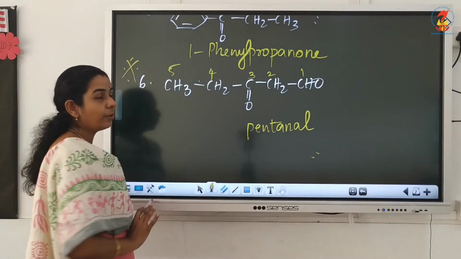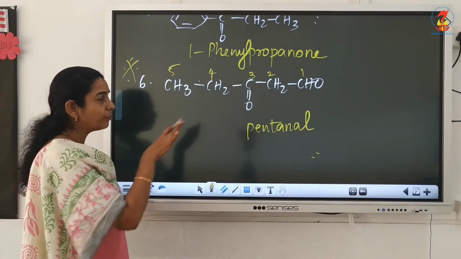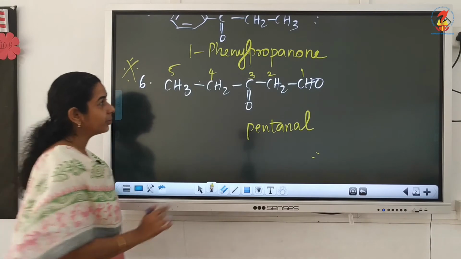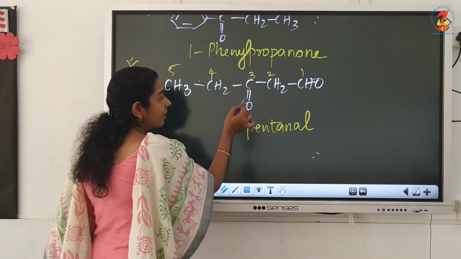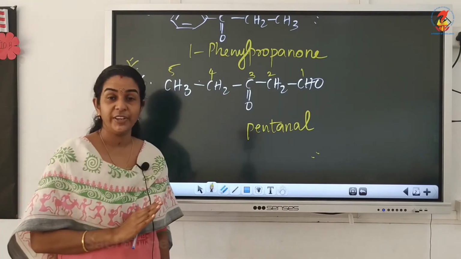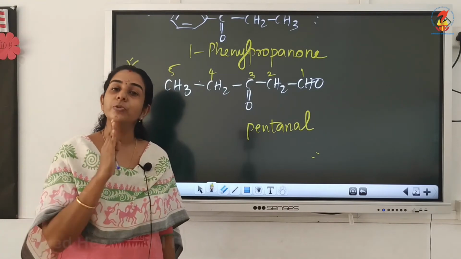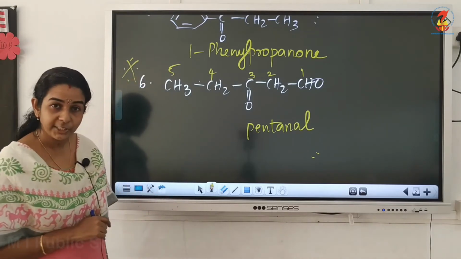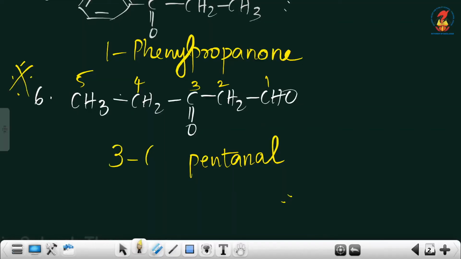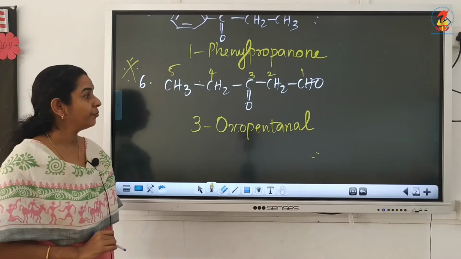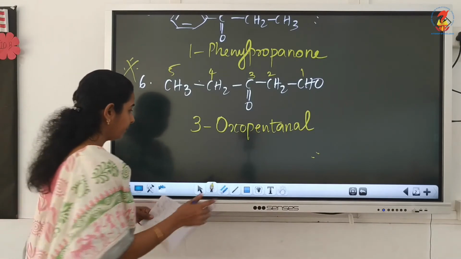Now ketone must go as prefix. There is no other functional group or no other prefixes. So we have to mention only the ketone. So on third carbon is the keto group. When aldehyde and ketones come as prefixes, we use the common term, that is oxo group. So how can we write the name of this compound? It is 3-oxo. Point clear? So 3-oxopentanal, that is the name of this compound. Mark it as very important.